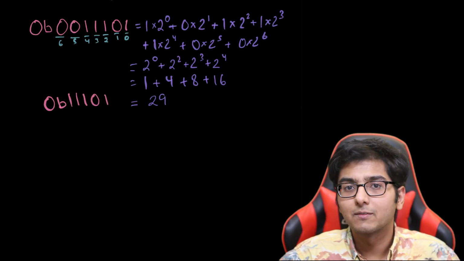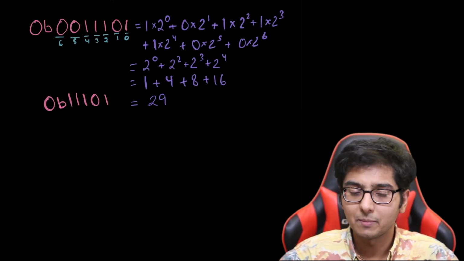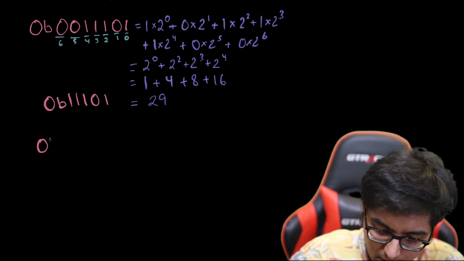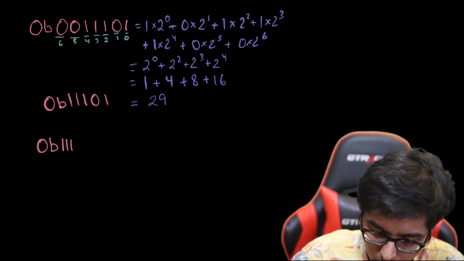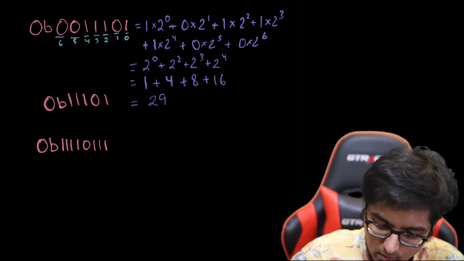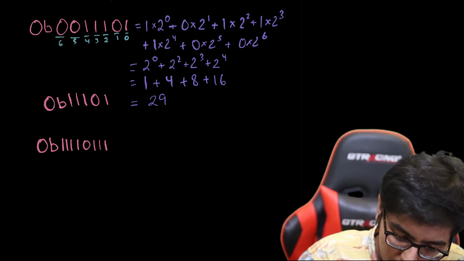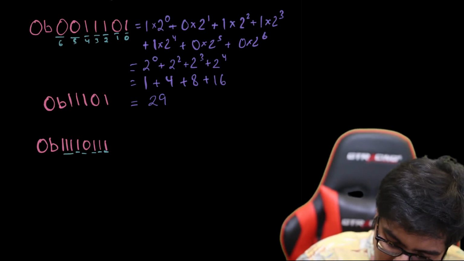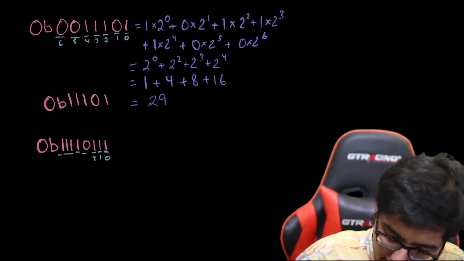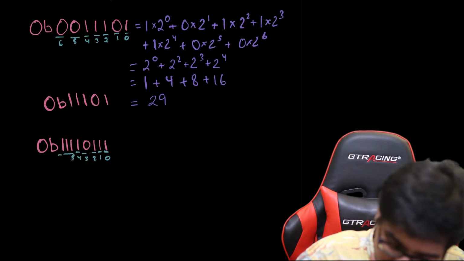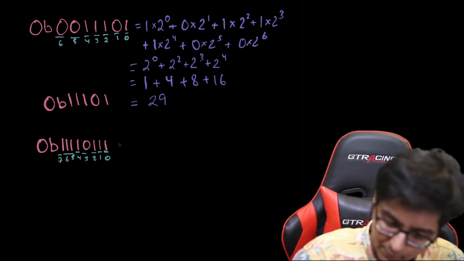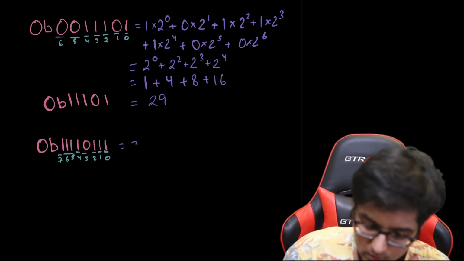So did you get how to convert binary to decimal? Did you see a pattern? Let's try another example, just to be sure. So we'll make a binary number, 0b1111011. Now, this number has the following positions. It has 8 digits, and if we were to list it out, this is equal to 2 to the power of 0